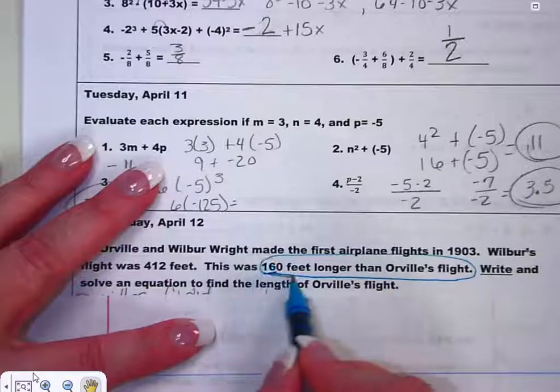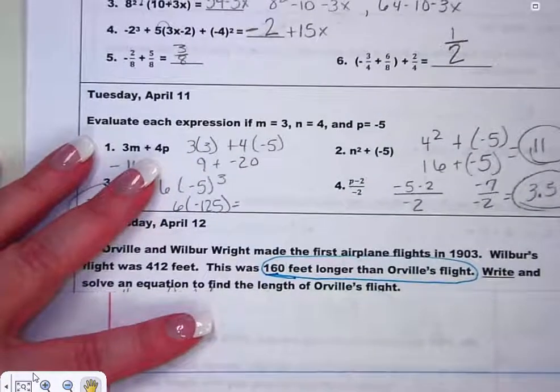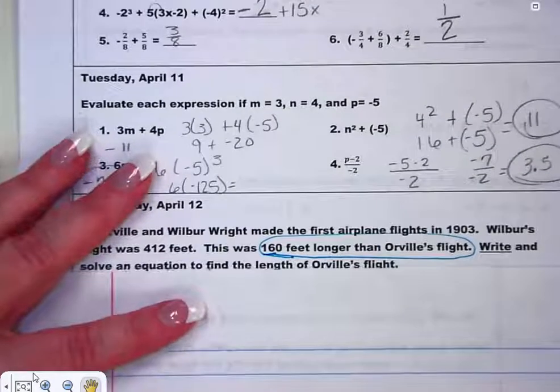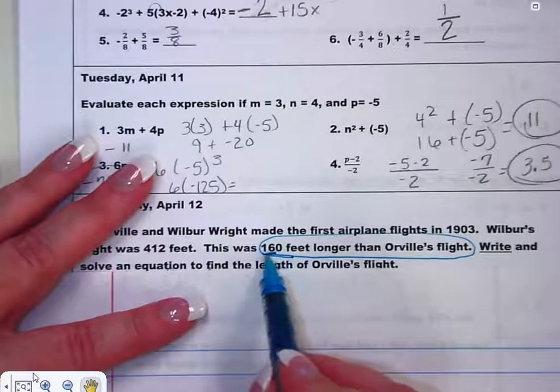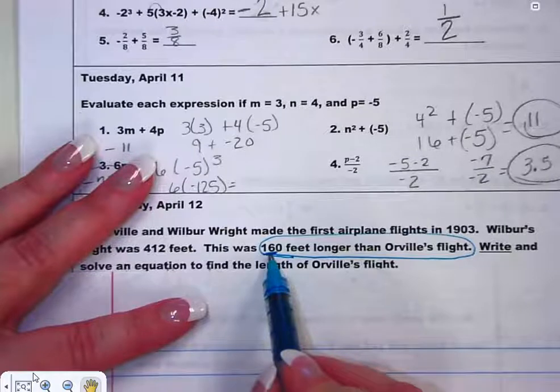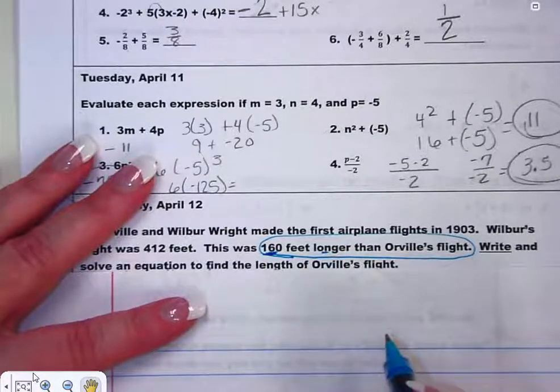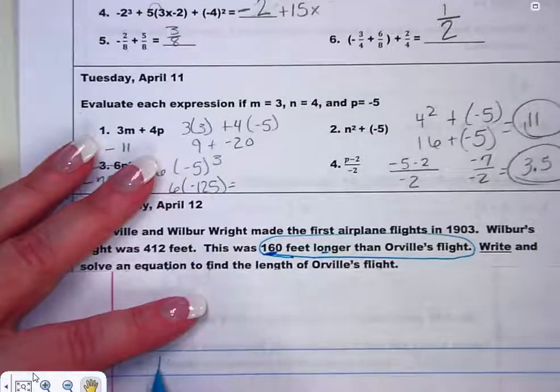That's what I need to think about. Write and solve an equation to find the length of Orville's flight. So, this is what I'm thinking of. 160 feet. Longer means, am I adding or subtracting? Adding. 160 feet